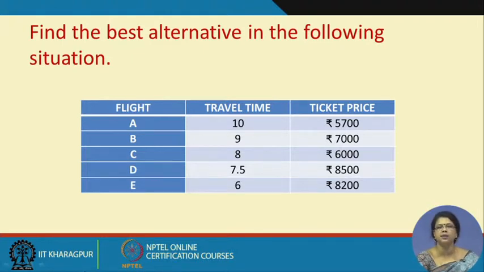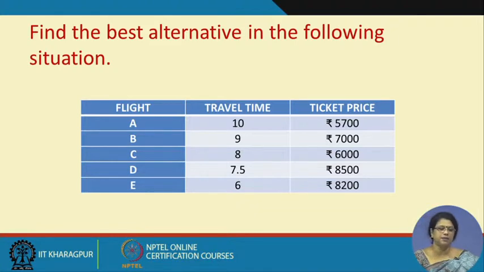I want to minimize the travel time and I want to minimize the ticket price, but if you look at the figure, will you get a single option with both the minimum travel time and the minimum ticket price? It is really difficult. That is why getting an optimal solution for this multi-objective problem is much more complicated than for an optimization model dealing with a single objective,